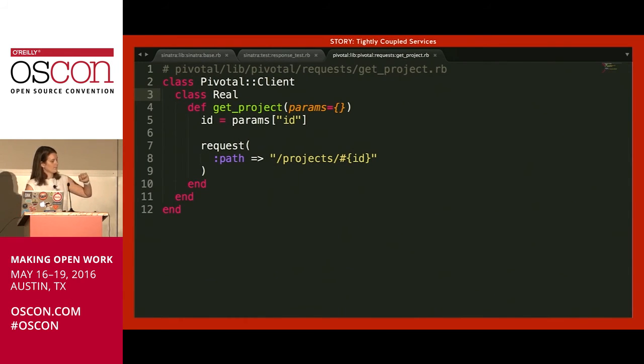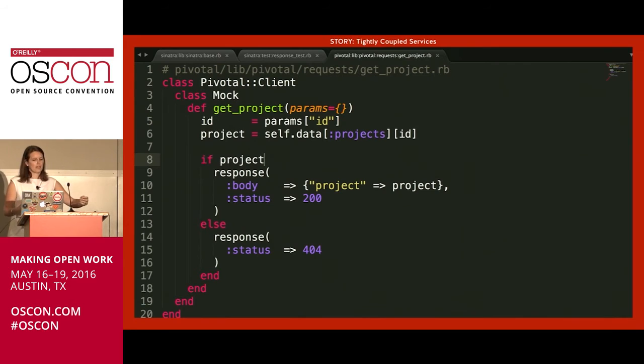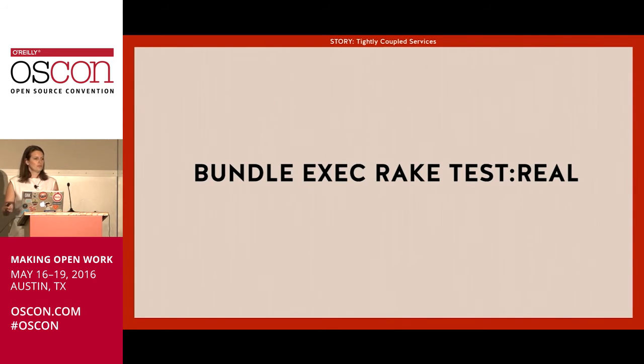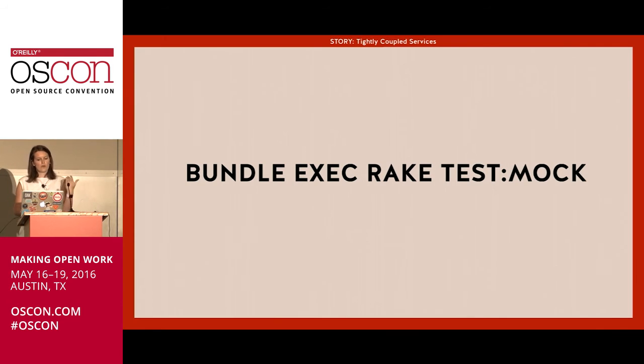And right next to it, you define a mock interaction. In this one, instead of actually going out and making the request to get the project, it's stopping that and using a local data store, so self.data here. So you can set up a mock interaction, and you define it in the same place as you define the real actions. And what this allows you is to run your test suite both with real interactions and also with mock interactions right next to each other.